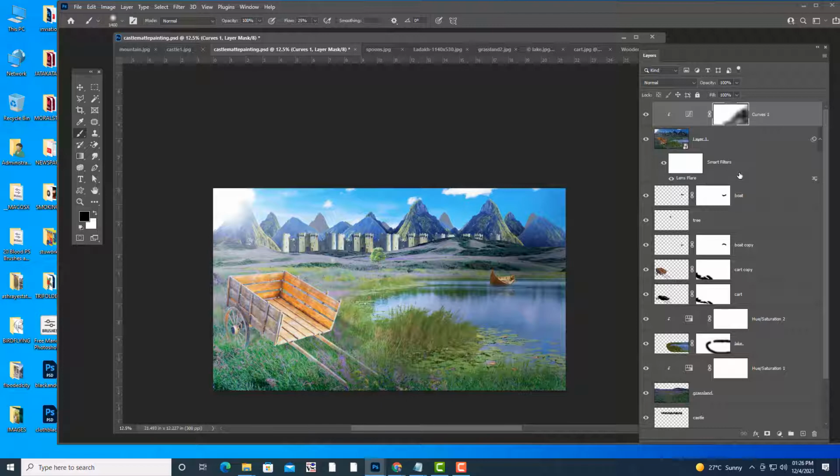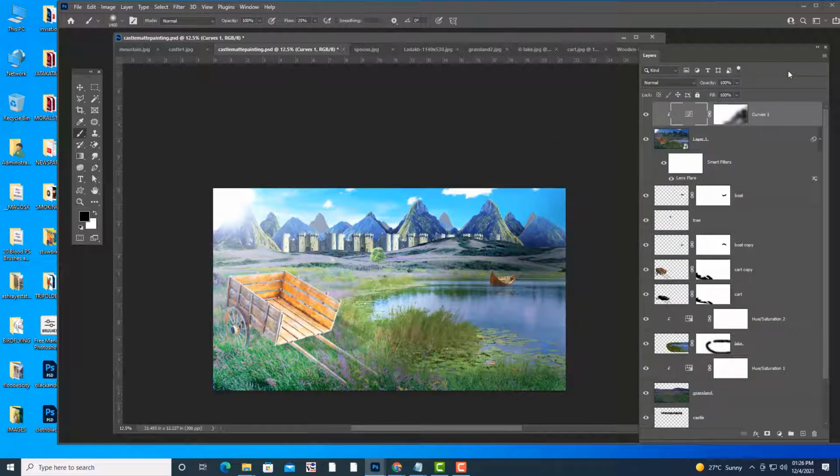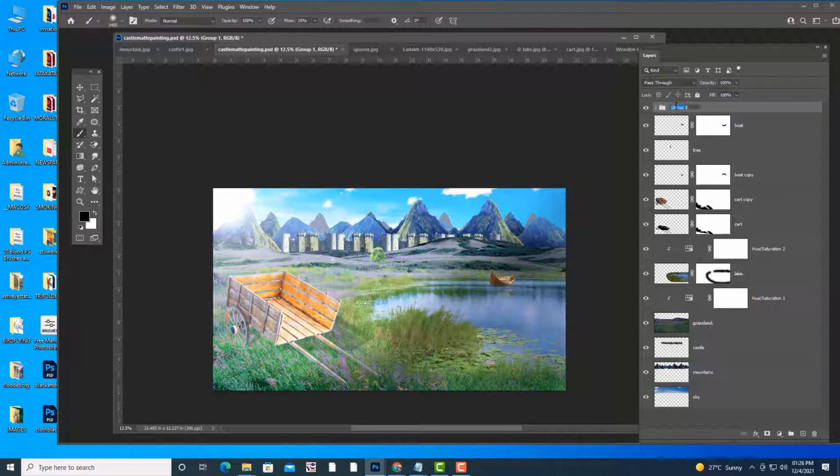I can double click on this, and if you increase it further, you can clearly see the shading on the right side. So this is an afternoon shot. I am going to select both these things, Control G, and name it afternoon shot. This is the afternoon shot time zone.